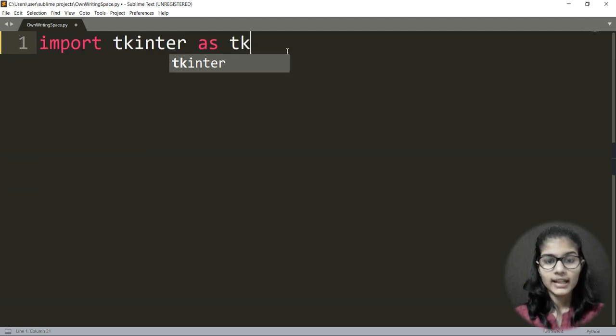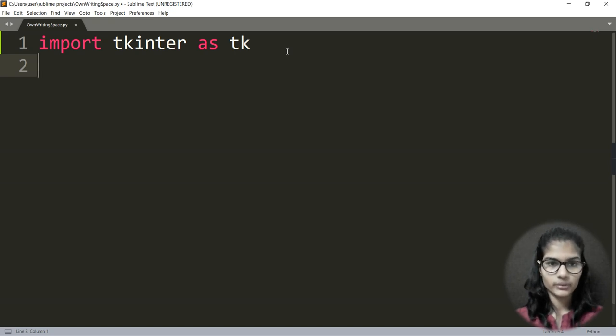Fine. Just one more thing: write and make the code with me itself, because it would be very beneficial for you, right? You can add this GUI app into your CVs, into your resume as an advanced project. Yeah, this is an advanced project, it's not a basic one. So make the project with me and strengthen your CVs, add it in your CVs and all that. Fine. So don't sit idle and just watch what I am writing and what is going to come as the output. No, make it with me and then see what output is coming. And yeah, you'll be really happy with the final output you get after making this project.